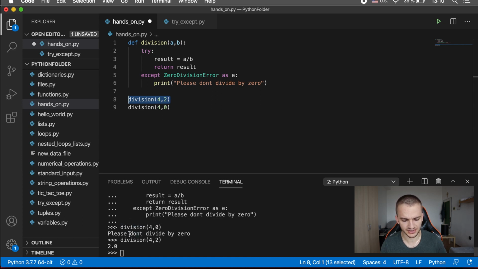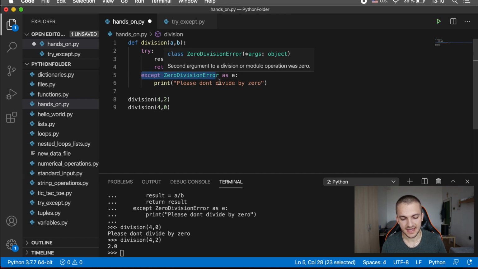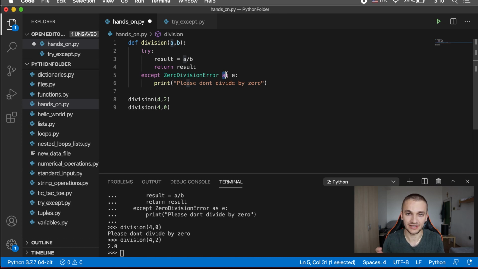We just don't know that we shouldn't divide by 0, right? But sometimes you want to print the error message which you saw previously without the except and without interrupting the code. So in this case, whenever Python raises an exception, the exception is caught inside this except clause, and when you put here this "as e", Python will assign the value of the output of the exception into the variable e, and now we can print